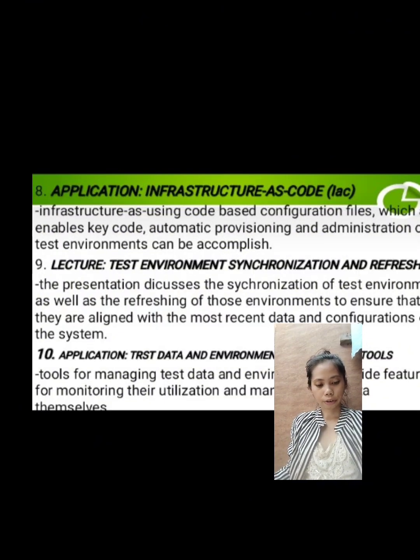Now for number 8, application. Infrastructure as code. Infrastructure as code uses code-based configuration files, by which automatic provisioning and administration of test environments can be accomplished. Example, like using a recipe instead of cooking from scratch every time, you follow a written script to get consistent